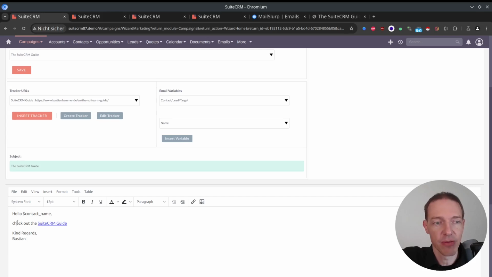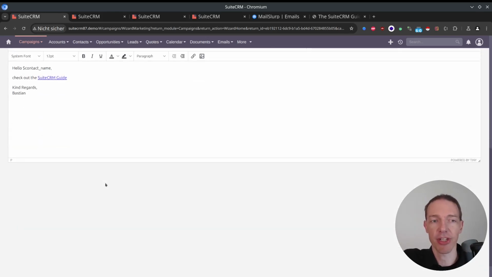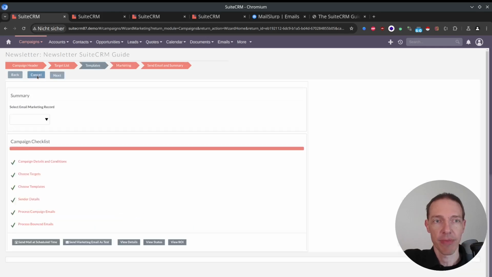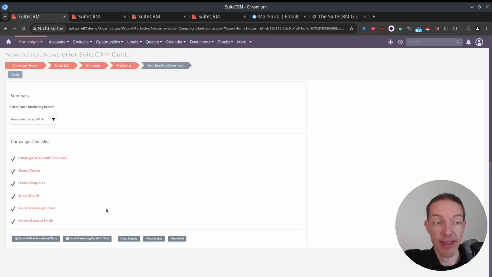I can still work on the email body and change it here, but I usually prefer to prepare the template and then just do tiny changes which are really necessary inside the wizard. That's it for now. We're kind of ready with the